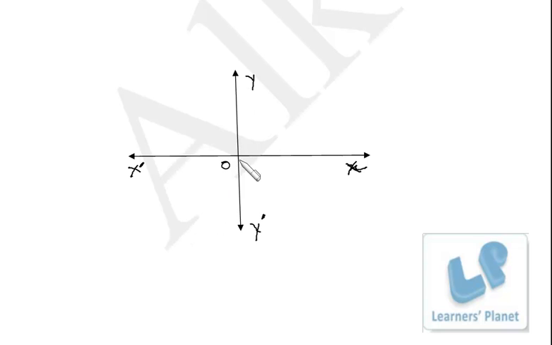Now on this line x is 0, that is line of y, or we can say y-axis, and on x-axis y is 0. Right? Now suppose this is 1, this is 2, this is 3, this is -1, this is -2, and if I draw a vertical line like